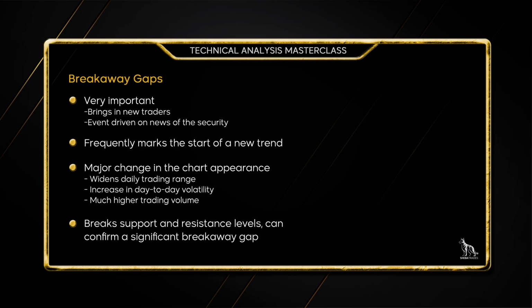And when a breakaway gap is occurring, it's going through a significant support or resistance level, confirming it. So your support level would be the low prices, and resistance would be high prices. And somehow it's breaking through one of those, this trading range of prices. And that's why we call it a breakaway gap. So you're breaking through a significant support or resistance level while gapping up or down, while on a pickup in volume. So those are the three variables you're going to want to look for.